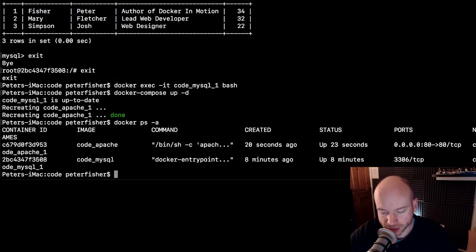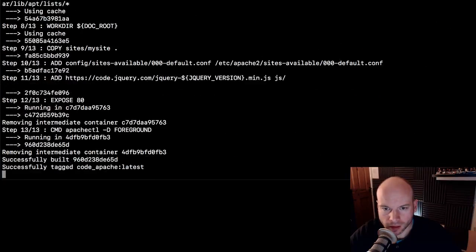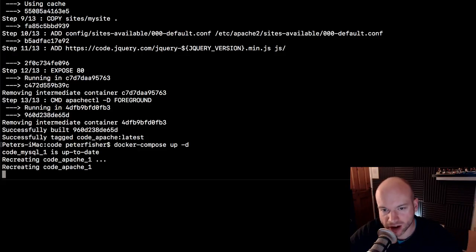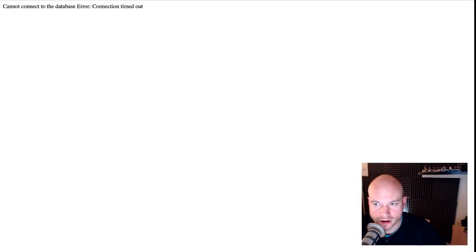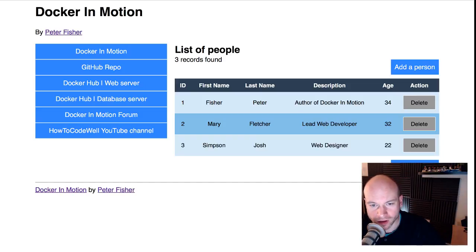And I need to rebuild this, so I'm going to do a Docker, just to make sure that it has rebuilt, docker compose, and I'm just going to do build. Wonderful. Okay, so that's being rebuilt. So now I can do a docker up -d, which will recreate those containers. It knows that the code Apache 1 has changed, so that needs to be recreated, and that's done. MySQL hasn't changed, so that's not being touched. That's great. So with any luck now, if we go to the browser and refresh this page, boom, there we go. We have the application running